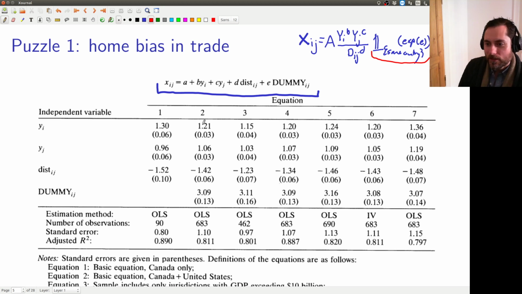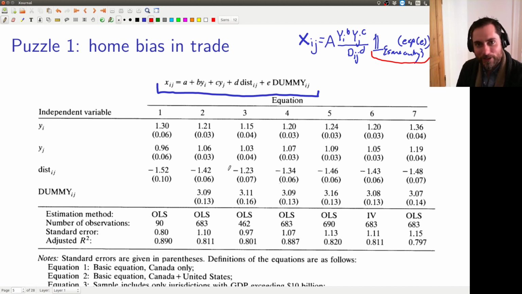Okay, so anyway, these are all very standard estimates you get from a gravity equation. Typically you find B and C are about equal to 1. So I think that I said that Xij is the log total trade between I and J. I think that here actually Xij is the log exports from I to J, which is why we can have a different coefficient B and C, right? It matters whether you're the importer or the exporter. But in any case, these findings are very standard. Both B and C are estimated to be around 1. The distance, this is usually estimated to be around -1. Here it's -1.5. That's within the realm of what is sort of standard for gravity equations in international trade.